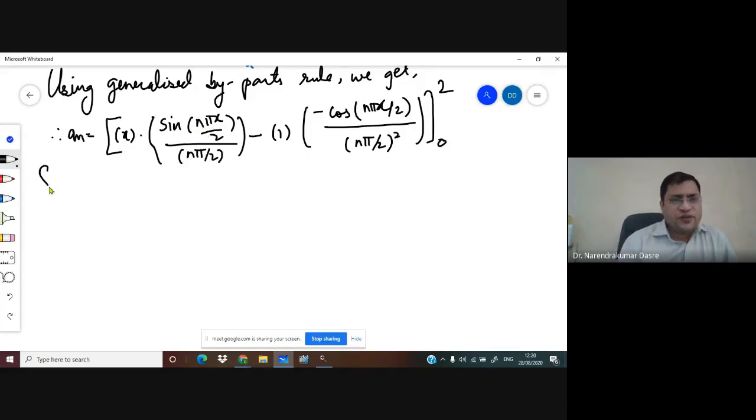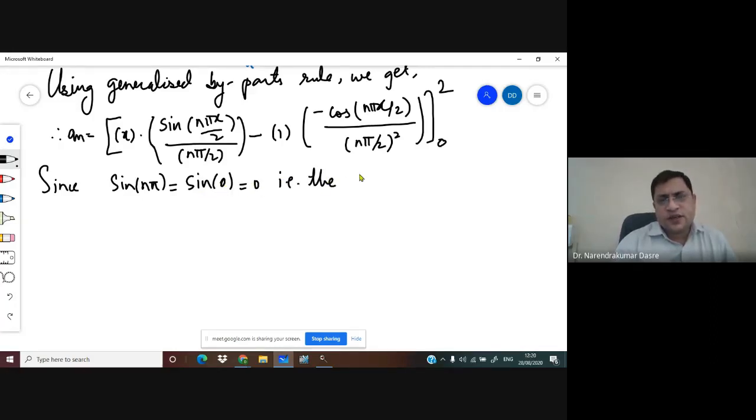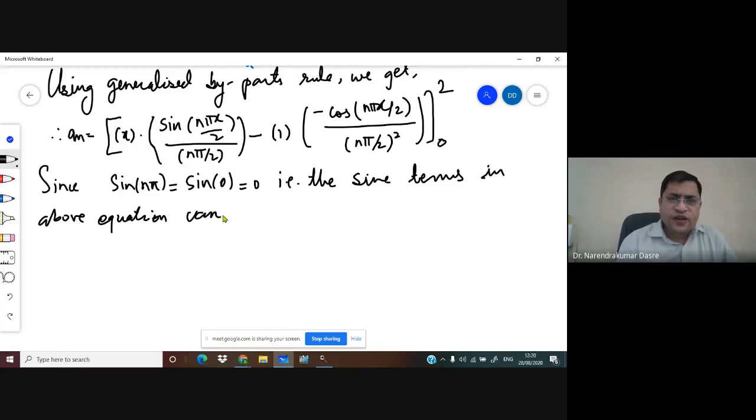So we can say, since sine of n pi is equal to sine of 0 is equal to 0, the sine terms in the above equation vanish at 0 and 2. And hence, what we get, so we have